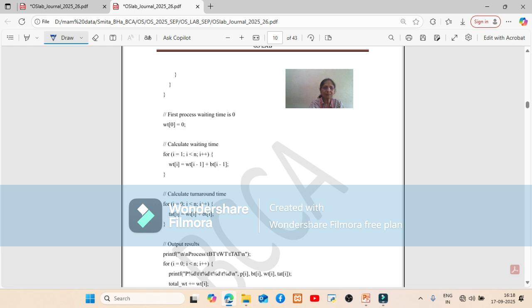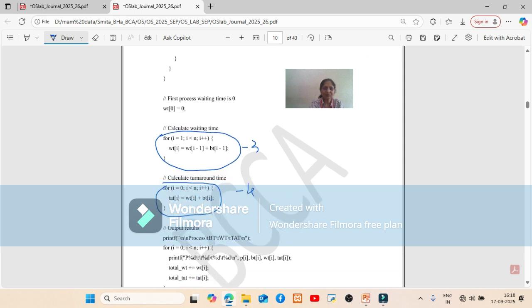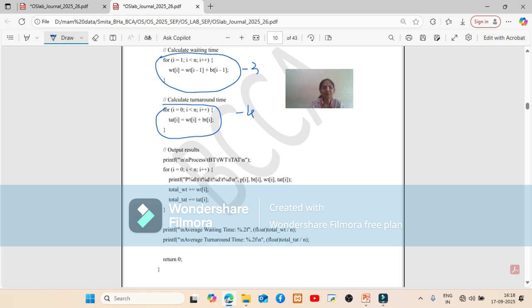Then I see one more for loop over here, and let's number it as for loop number 3. Down you see there is one more for loop, so let's number this as for loop number 4. And as you come down, you see there is one more for loop.